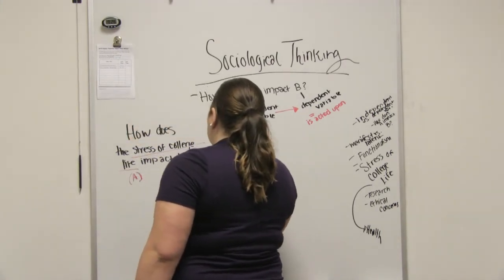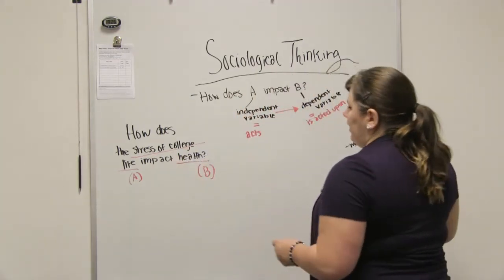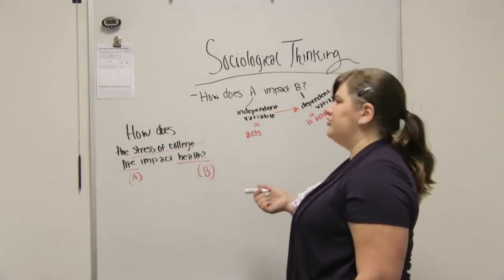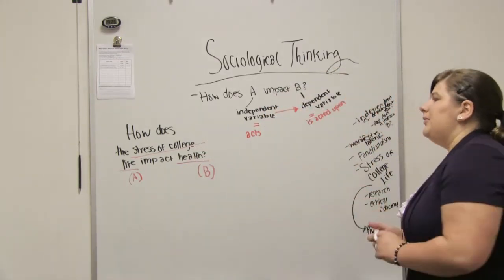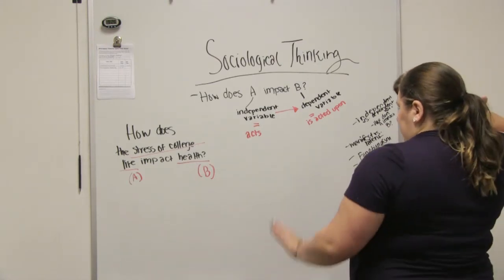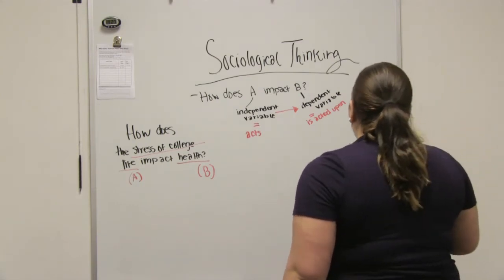Health, yeah. So your dependent variable is health, not the stress. And the whole thing, the stress of college life, not just college life, is your independent variable. Oh, okay. Does that make sense? Okay. So with that example, that would be how we do that. So what we're going to look for then is